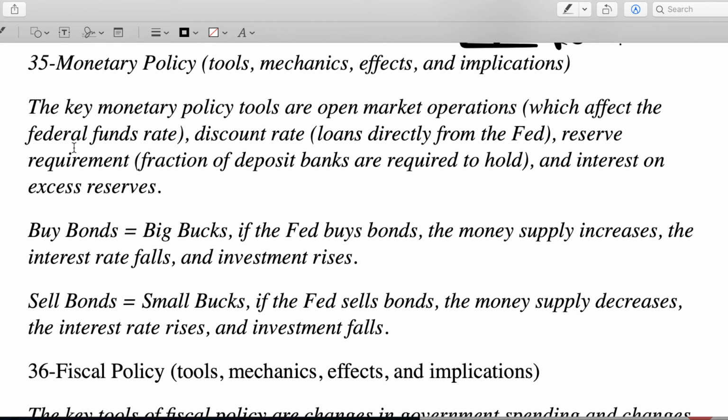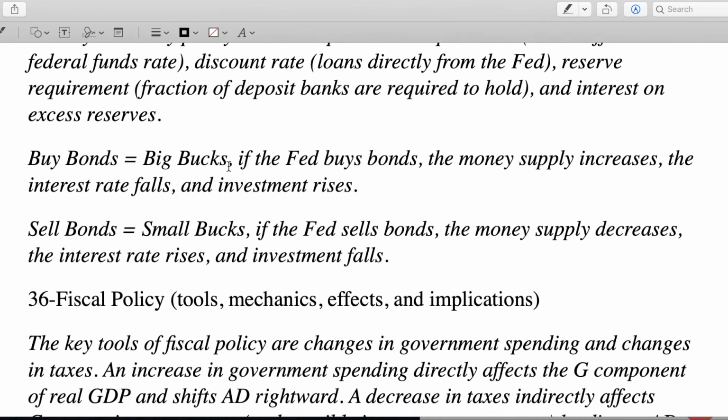The other things that are relevant for monetary policy are the discount rate, like getting loans directly from the Fed, although historically there's some stigma attached to that. It stands to reason that if you're getting a loan directly from the Fed, it's because you're not able to get a loan from another bank. Although, for instance, during the Great Recession, the Fed said that banks should be able to borrow directly from the discount window, at the discount rate, without anybody assuming anything negative about the integrity of those banks. The reserve requirement is the fraction of deposits that banks are required to hold, and that's another tool. I'll talk about this a little bit.